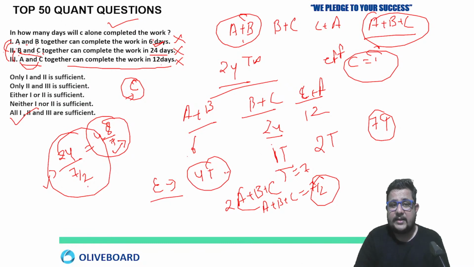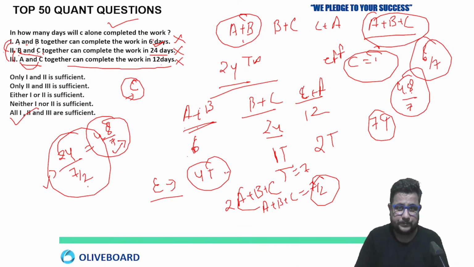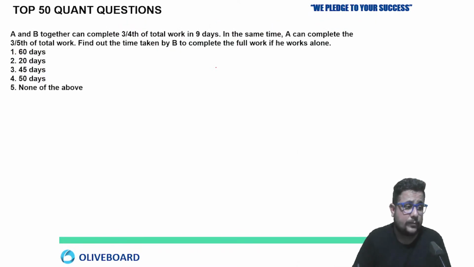Now when you subtract, sorry, the efficiency of A and B together, that is 1, from 48 by 7. So 48 by 7 minus 1, 7 ones are 7, so you will get 48 minus 42 means 6 by 7. This is the efficiency of C. Now total work is how much? That is 24. So 24 divided by 6 by 7, by 6 you can cancel 4, so 28 days. Clear? I calculated for you.